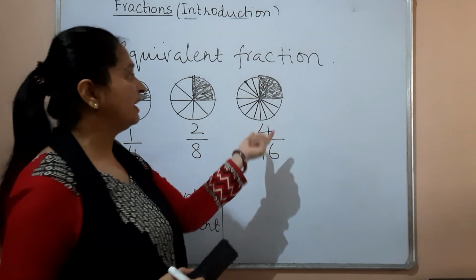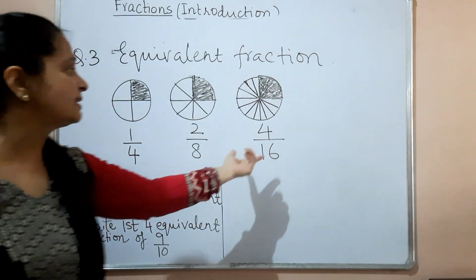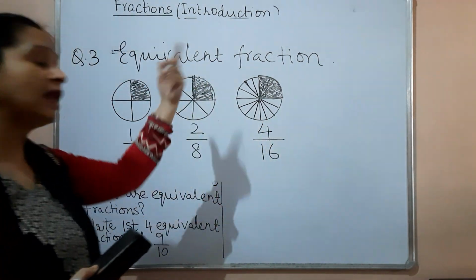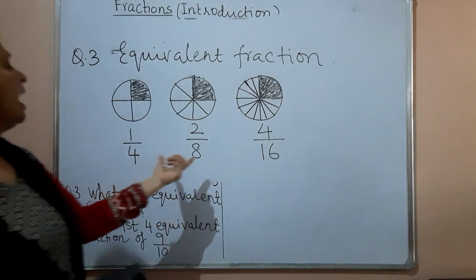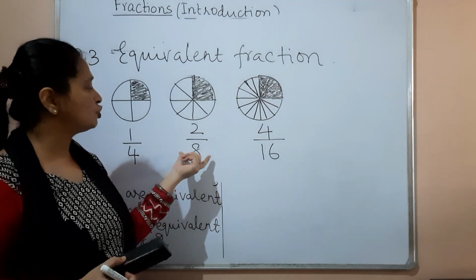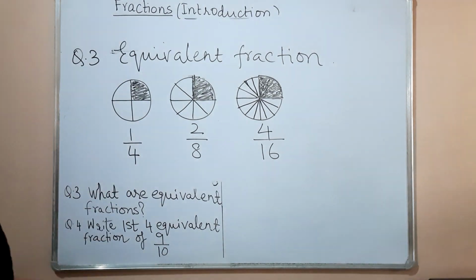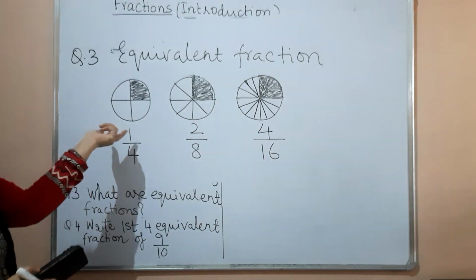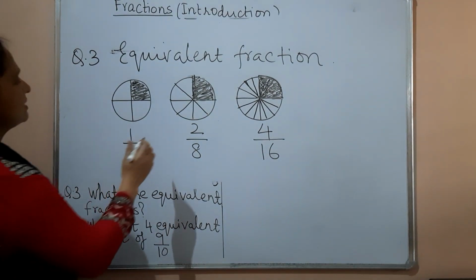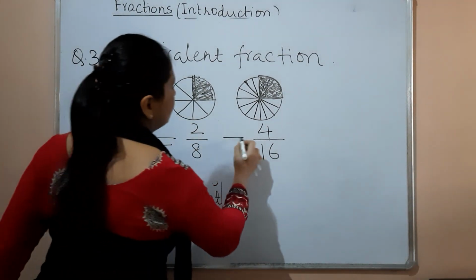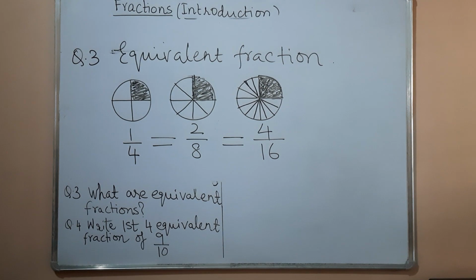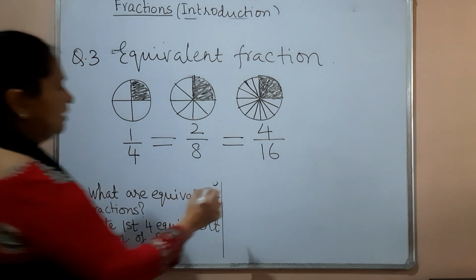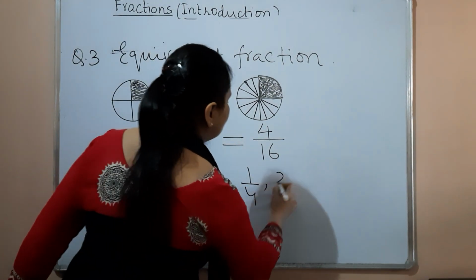Alright, this was 4. If I made more number of pieces, I gave 4 pieces, more number of pieces given also. I had cut the cake into 8 pieces and I gave just 2 pieces. I cut the cake into 4 pieces, less number of pieces, and I gave just 1 piece. And you can see all of them are equal. And this is called, that means 1/4, 2/8,